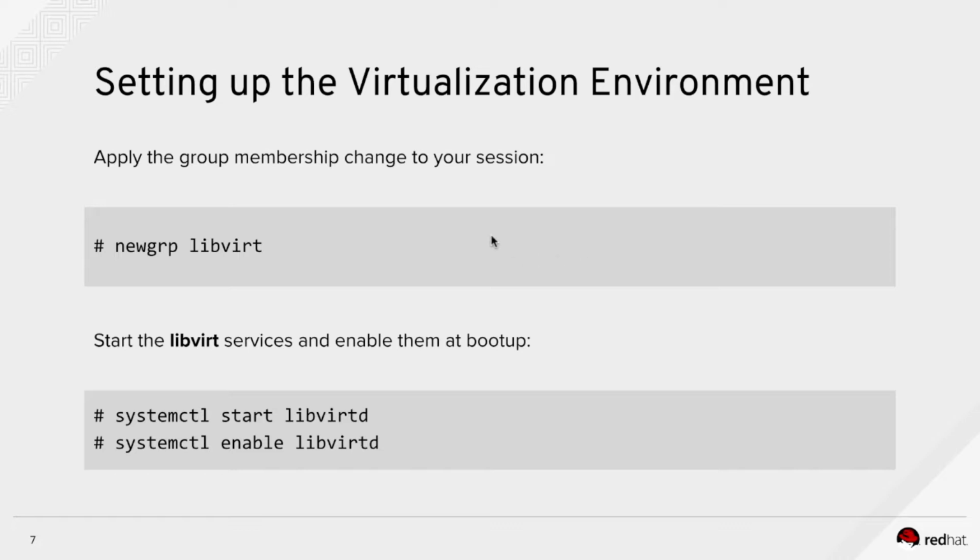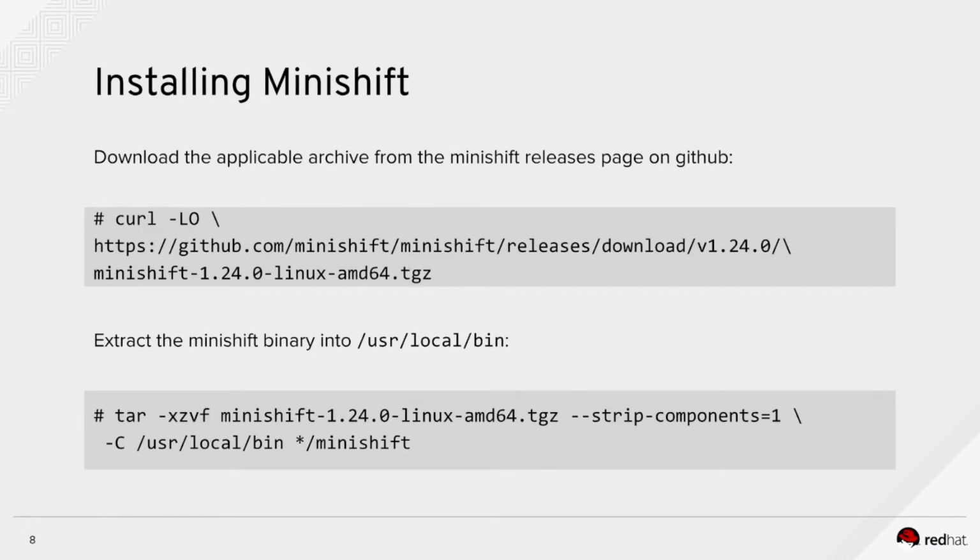And then you will start the libvirt services and enable them at boot up using the systemd system control command, systemctl start libvirtd, and also systemctl enable libvirtd. And continuing with actually installing Minishift, here's where we download the Minishift 1.24 tarball for